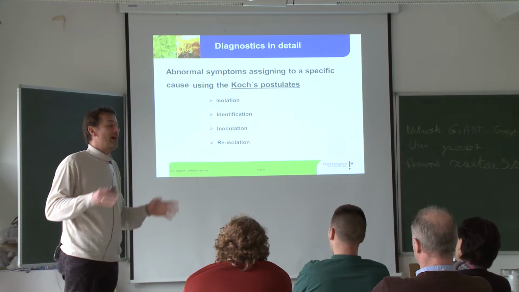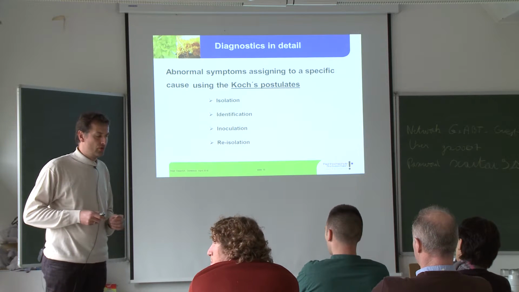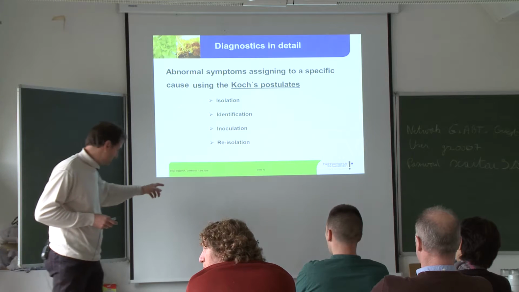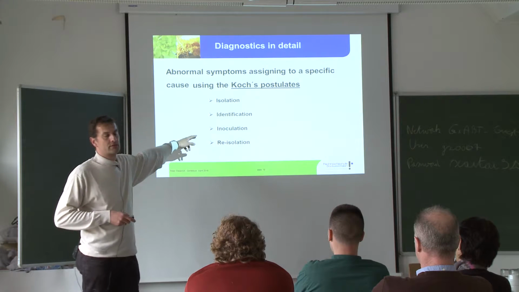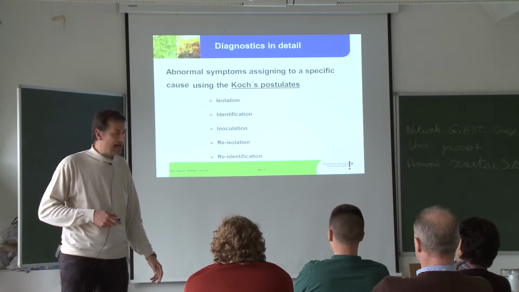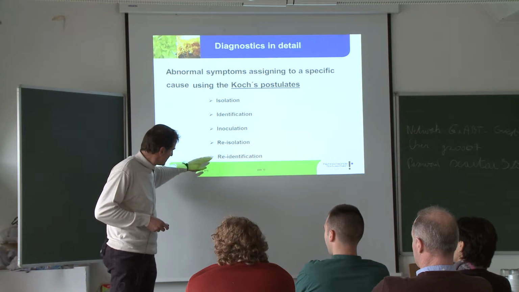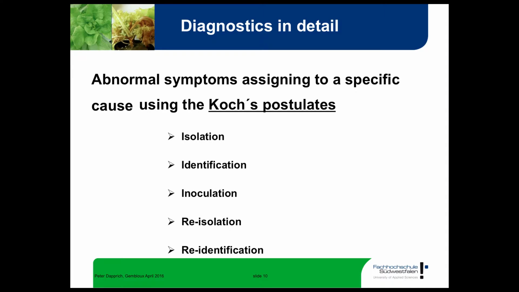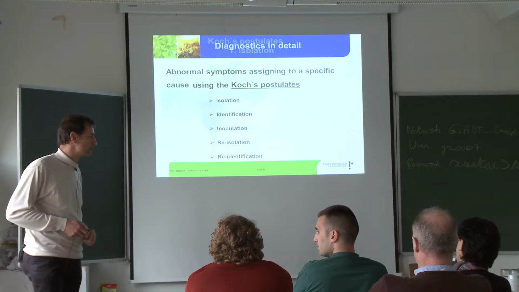fungus that you have artificially put onto a healthy plant, to prove that the symptoms you observed first are indeed the same after inoculation. And then, again, re-identification. So is this one you isolated first the same you isolated second? And are the symptoms the same? Are the isolated fungi, pathogens, the same? And then you have fulfilled Koch's postulates, and then you can be sure that your first identification was true.